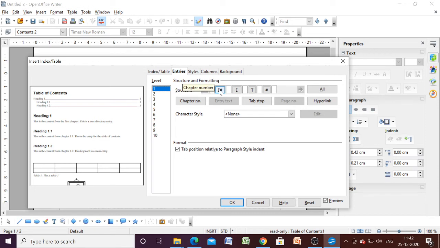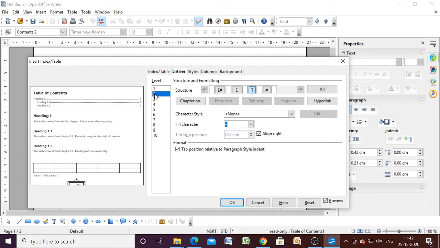This is the chapter number, this is entry, this is tab position, and this is page number. Okay, suppose for level 2 I want to change the tab position setting, so I will click on tab position and it was dot. I want to replace it by this dash. Now see what changes we have made.